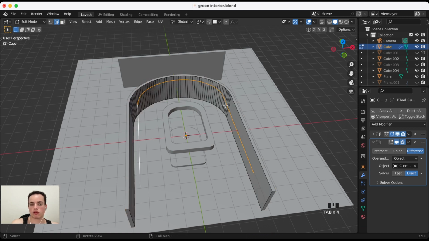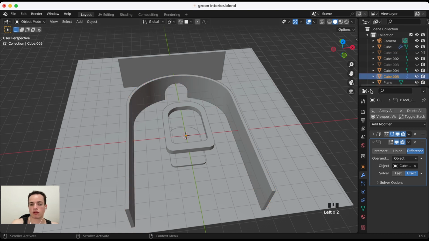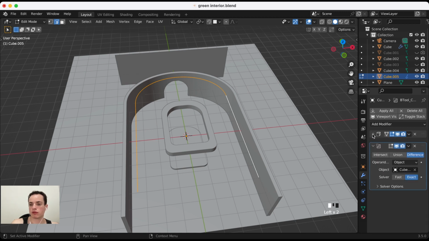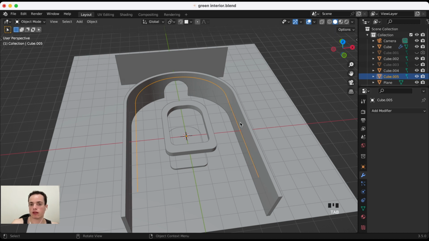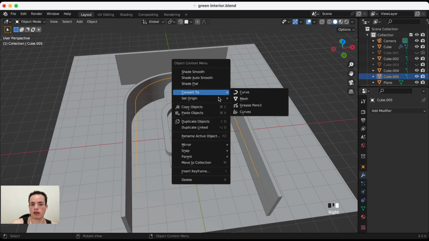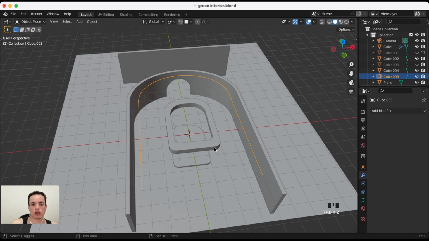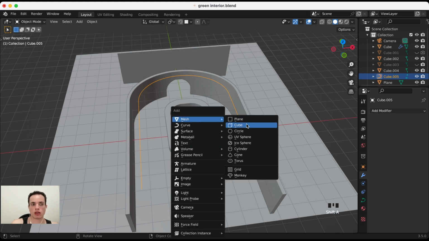So first we have this selected, P, separate by selection, and now we have cube 5, and it is this, and this that we separated from this has the same modifiers, so we need to delete the modifiers, and then we have this, right click, convert to curve. Now it is a curve, so we can do shift A, mesh, and then cube,